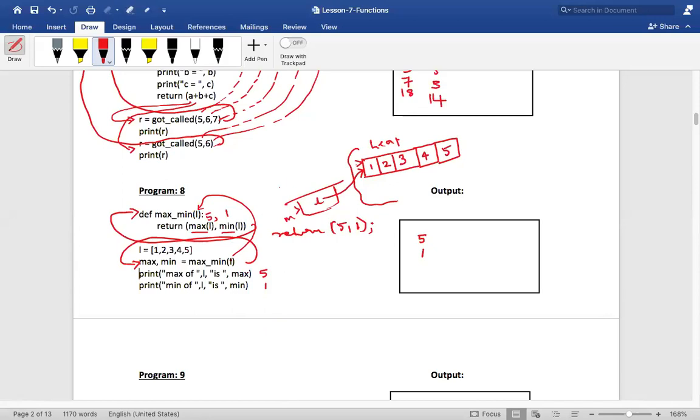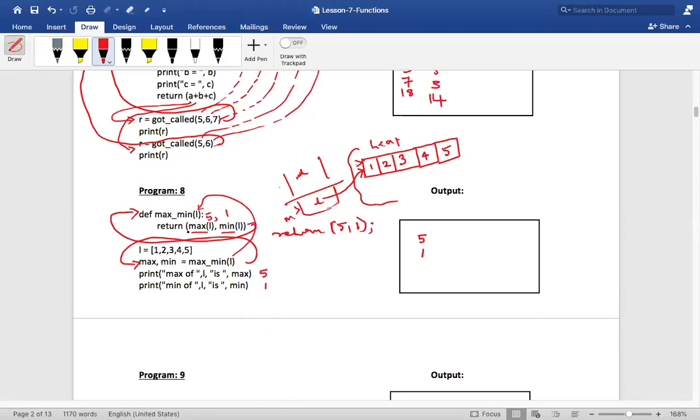See, when we are calling max and min, on top of it, some memory is created, no? I told you there would be a stack kind of thing created for the function. And inside that, there would be this L and whatever local variables would be there. You understood that? So after doing this function, I'm returning back, right? After performing those operations, I'm coming back.